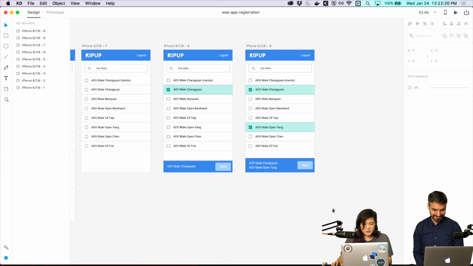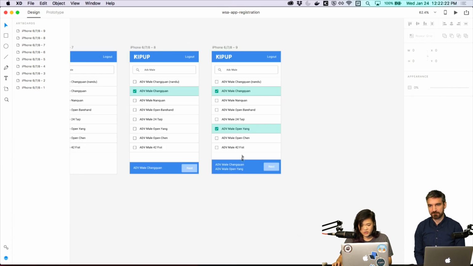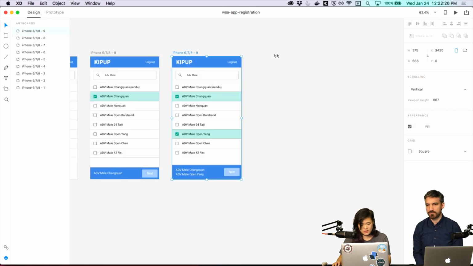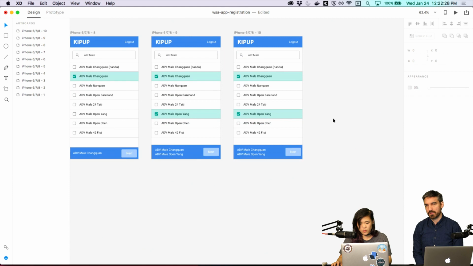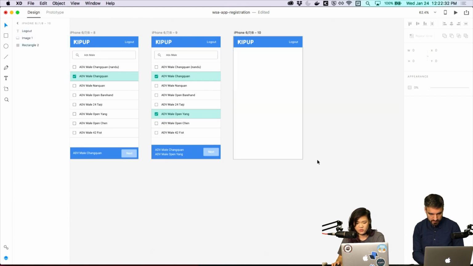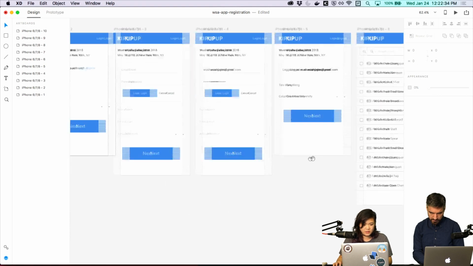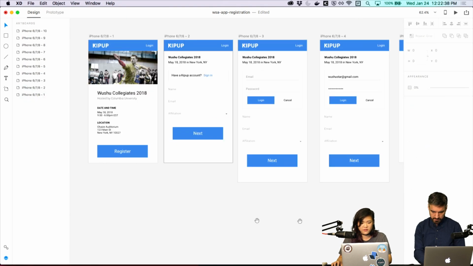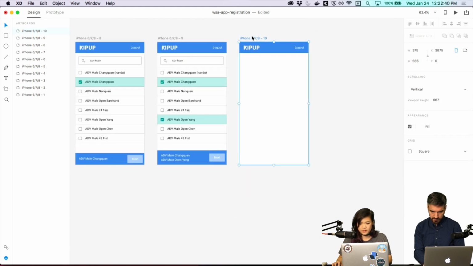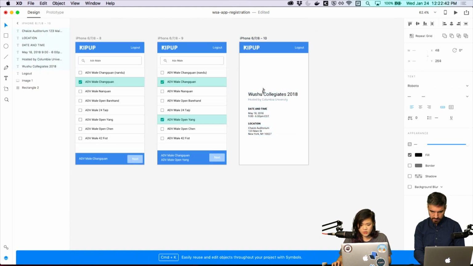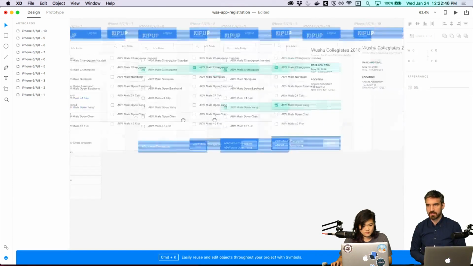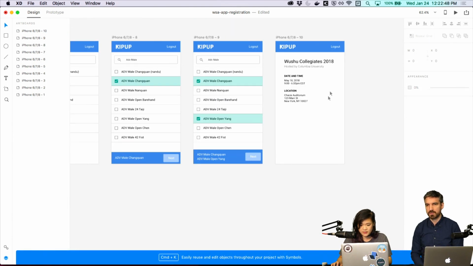All right, so let's say our user selects these two events and he's ready to move forward. So we probably want a confirmation page to say, hey, yep, this is the event that you're registered for. It might look pretty similar to something like this kind of view. So here you are. This is an event. Maybe I'll say